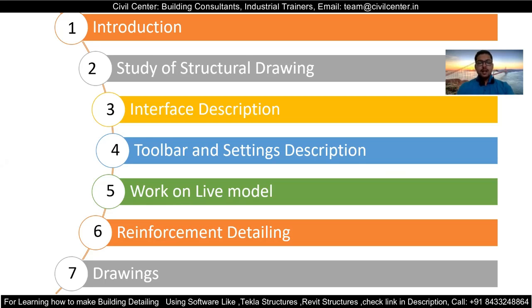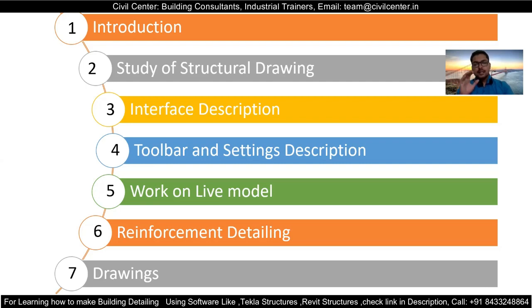A general arrangement drawing is a drawing which gives you a detailed view of your structure. Suppose you are designing any structure on structural designing software like Tekla Structural Designer or ETABS or even STAAD Pro. After that, what is your final output? Your final output is a structural drawing which you give to your site engineer who will execute that drawing.